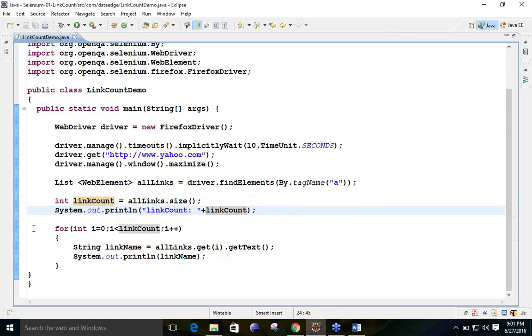It may be 1, it may be 0, or it may be 100. So we have started one loop from 0, and it is going to execute till link count. This link count may be 100, it may be 2. So this is the syntax of the for loop.